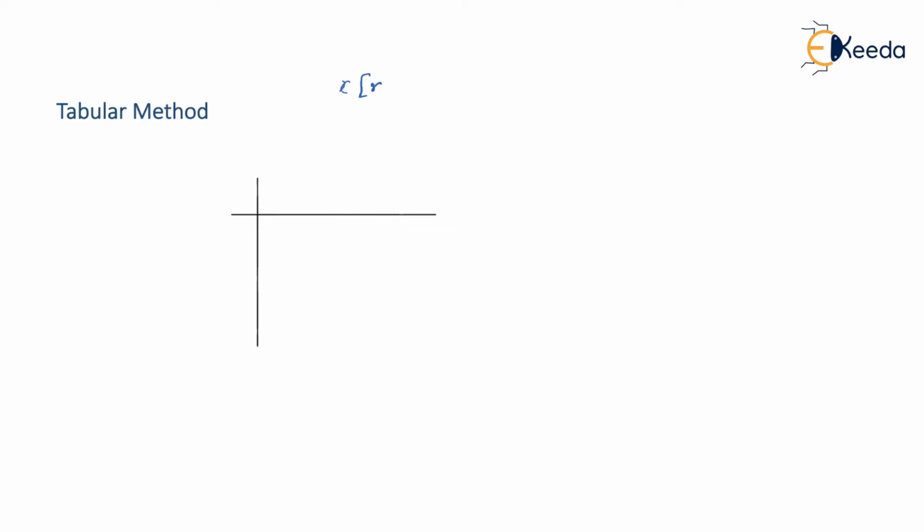So x of n having two samples 1 and 3, n equal to 0 position here, and h of n is also having two samples, that is 3 and 4, arrow mark present here. So first step, as you can see in tabular method, I'm going to write it in the form of table, that is in the form of rows and columns.